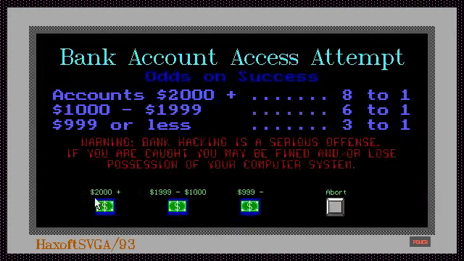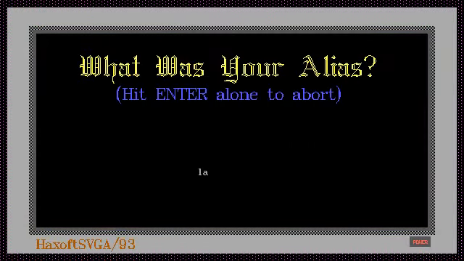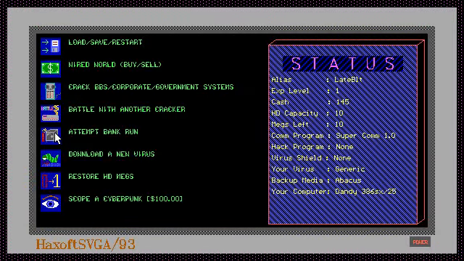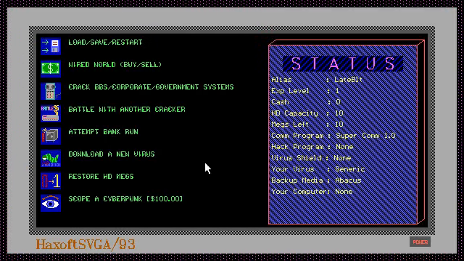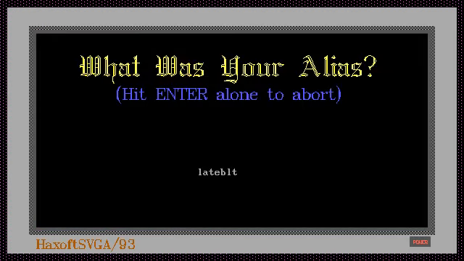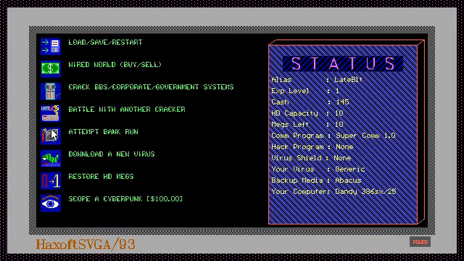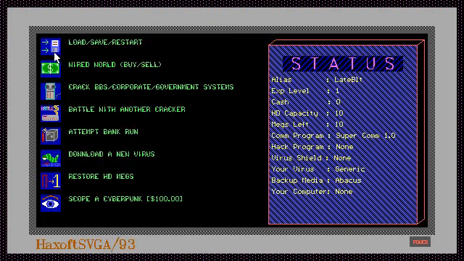So, you know what? I lost my computer. I'm just gonna do a few more bank runs until I can get the best computer. The problem is you can't buy good software until you have a good computer. So if you want to buy higher level software, first you have to buy a higher level computer. That's why I bought the Dandy, because I had to do that before I could get any better software. But it's just not really paying off for us because